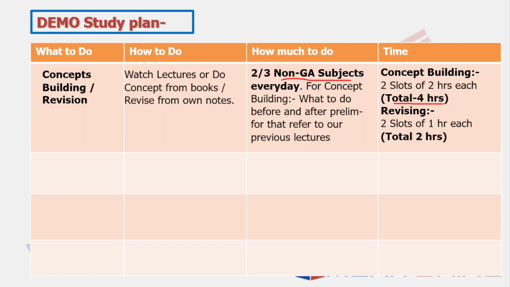Total 4 hours, 2 hours slot of 2 slots? Now please understand that there would be some topics that would take you 2.5 hours to 3 hours. But there would also be some topics that would take you 1 hour, 1.5 hours. For example, if you are doing fill in the blanks and it's a 1 hour lecture, another 30 minutes of practice of the in-class lectures and you are done within 1.5 hours